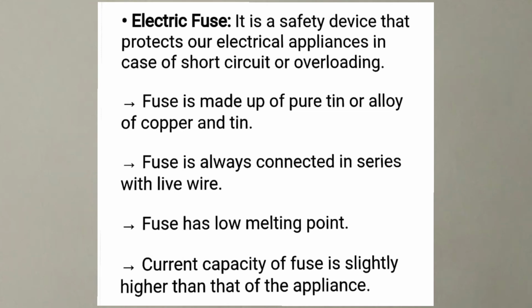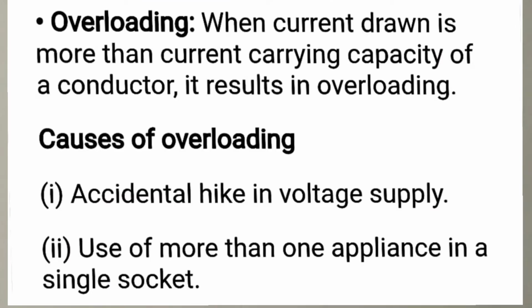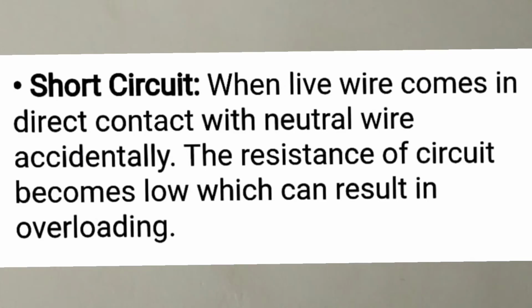Now what is overload? The excessive flow of current due to overuse of appliance or from an external source also, that is a sudden high current will flow in the circuit, right? Now what is short circuit? Flow of high current in the circuit. When does the flow of high current happen? When live and neutral wire come in direct contact, right? So these are the 3 things which we already learned in electricity chapters.